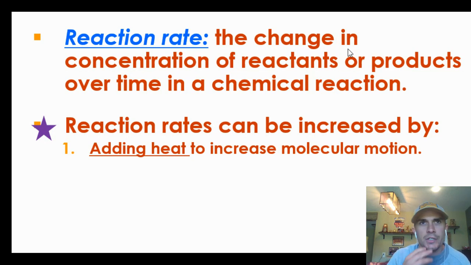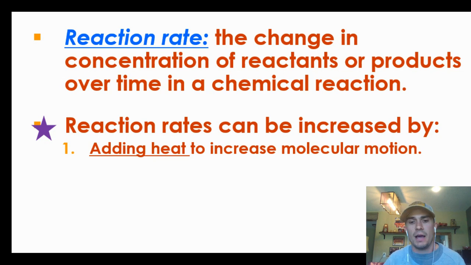Now, let's imagine that you're in a classroom and you have 20 people in a classroom, okay? And you're just walking around at normal speed. Anytime you go by someone, you give them a high five. Cool. Now let's add heat to you. What does that mean? You get more energy. When you get more energy, you are moving faster. Remember, temperature is the average kinetic energy per molecule. So if we raise the temperature, it means that you are all moving faster in that room. The faster you move, the more collisions, the more high fives you're going to give to each other. Okay? That means that your reaction is happening